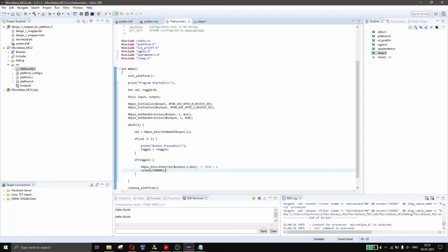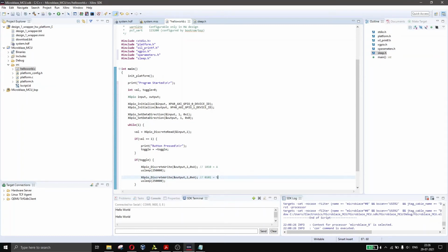Yes. Next, once we delay it, copy it, and I'll change the state of this. Instead of 1010, 0101 would be what, 5, right?